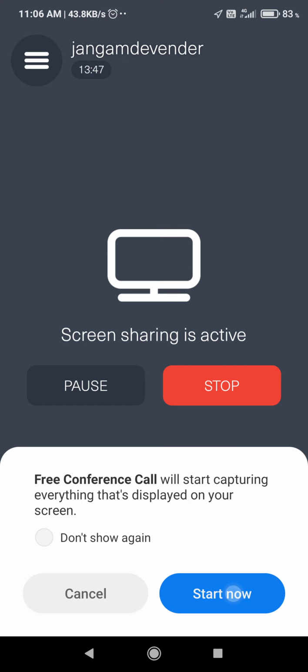I'll try to give this page, let the page fill with colors. So I'll be saying BG color, light gray.